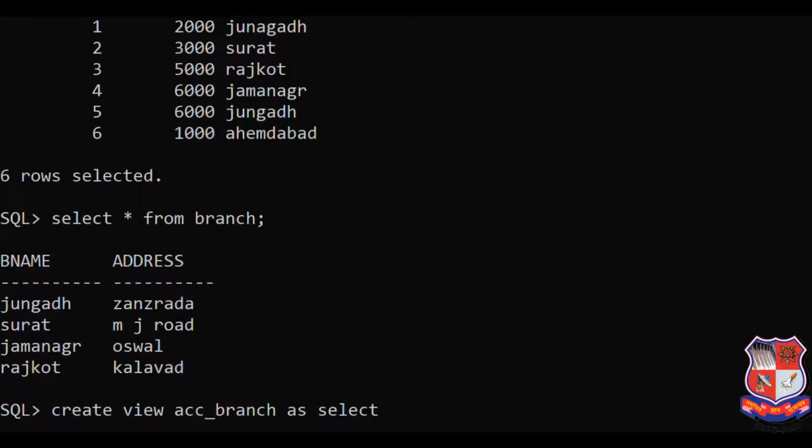In this multiple base table view, we have to select the columns from both tables. First of all, we perform a select query on the account table. The first column is A underscore ID, second is balance, and third one is branch name. But here you can see that branch name is available in both tables, account and branch.